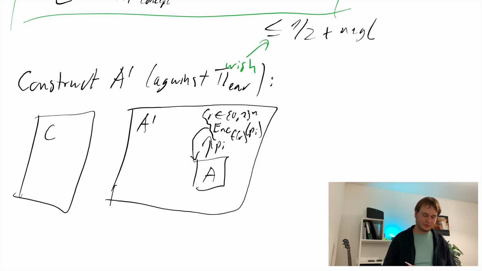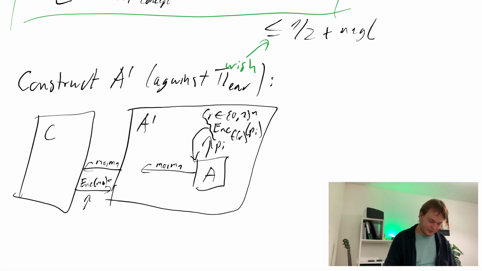Then at some point A will output two messages. Now what does A prime do with those? Do you have an idea? Yeah, right, so it will give those to its challenger. And what we get back is an encryption of m_b. And the key for this encryption will be, well, unknown. It will be the key that the challenger chose. But we don't need to know the key. We can just call this c.